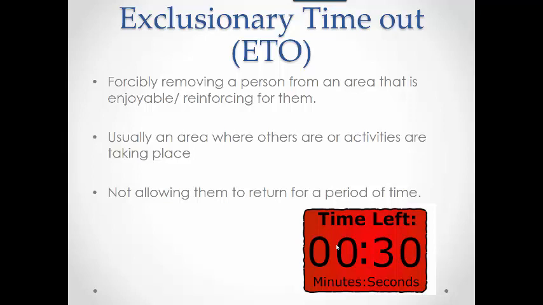There are also specific guidelines around writing exclusionary timeout into a plan, and you need to refer to our policy on those. The other thing is the time frame. The time frame needs to be as minimal as possible. Putting someone into exclusionary timeout for more than 5 minutes would, for me, as someone who sits on restricted practice panels and a psychologist that's been working in the area for over 20 years, set off some red flags for me. It's quite a considerable amount of time to put someone in ETO.